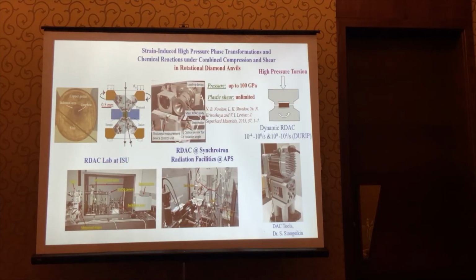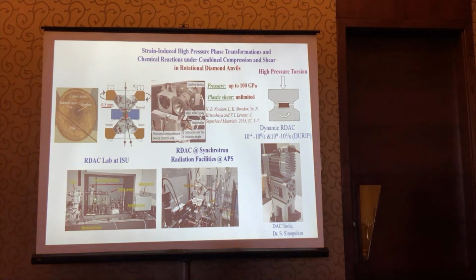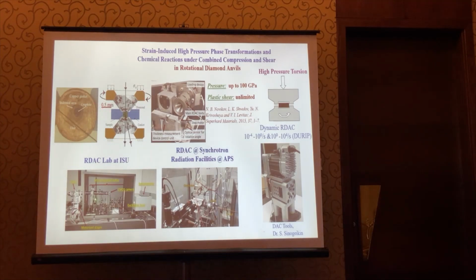Each high-pressure lab has a diamond anvil cell, where 2 diamonds compress a sample within a gasket or without a gasket. This is the typical scale, 0.5 millimeters, so this is a hair in comparison with the sample. And the main goal is to study the effect of pressure on all possible properties, and also to search for new phases, especially those which can be quenched and have unique properties.